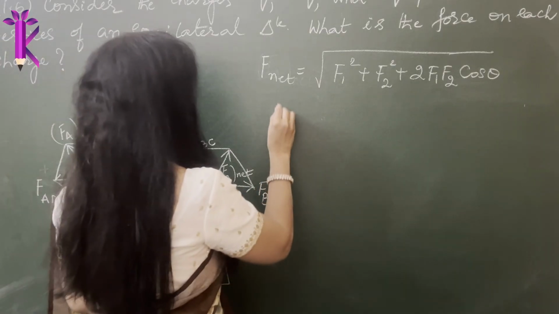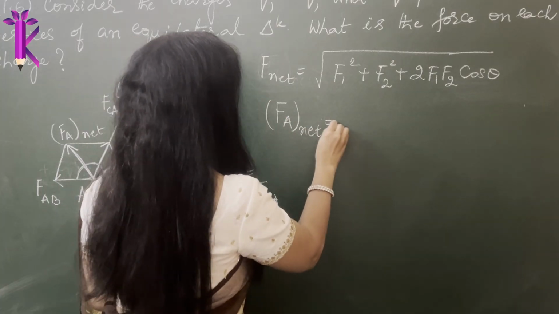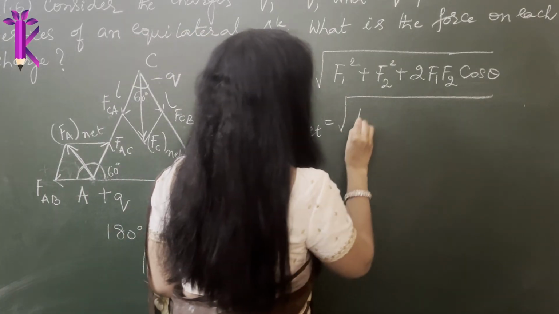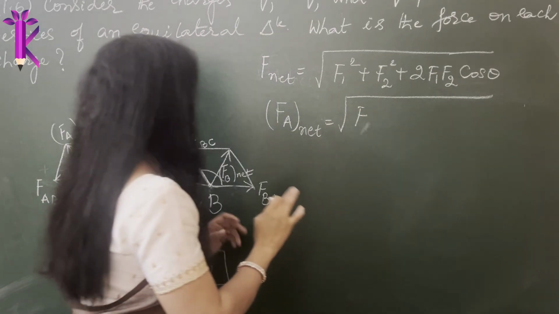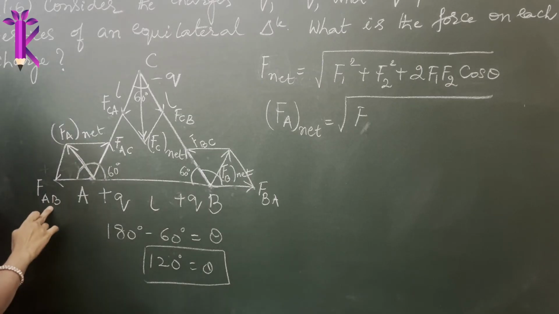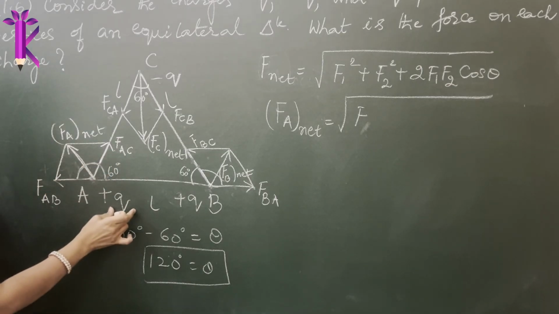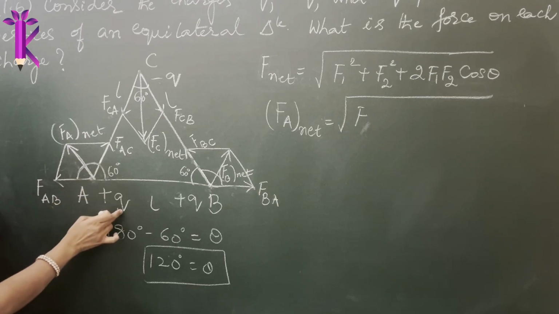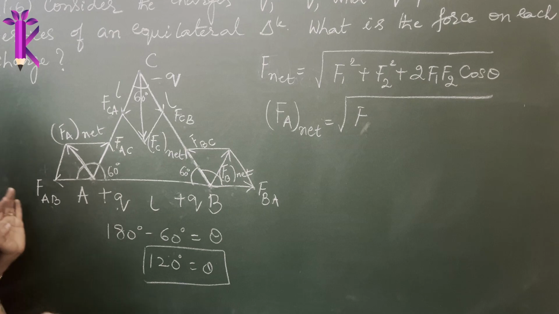Okay. So F net on A, the net force on A due to the other two forces. Now they are all equal. Before I do that, F_AB and F_AC, are they equal? Yes, they are, because the magnitudes are all equal, they're all at the same distance. Why are they equal? Let's come to that point.